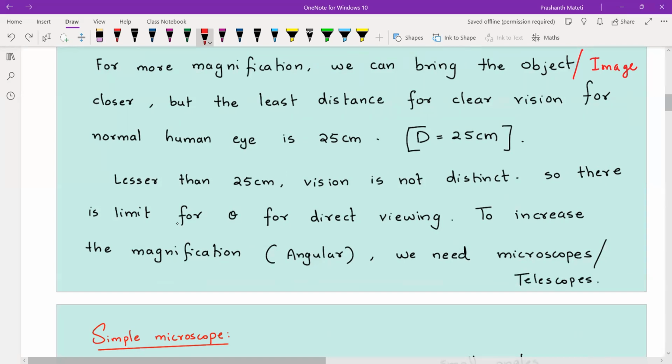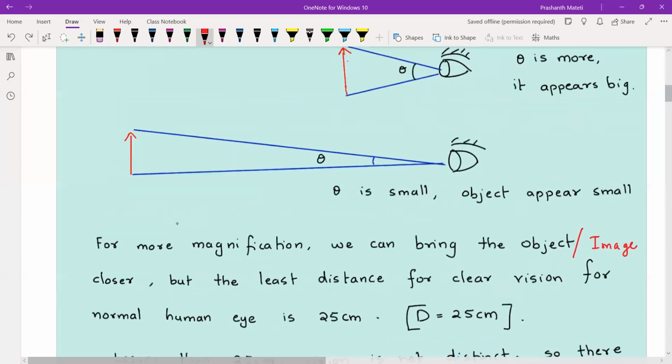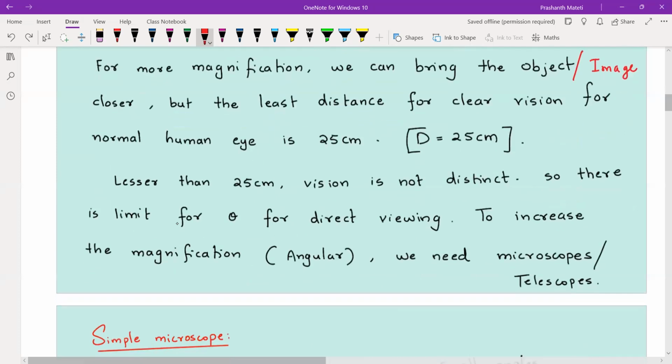That is where the actual clear vision begins. So if the distance has a limit, that means there is a limit for the angle also. For direct viewing, there is a limit for the angle. So to increase this magnification, that is, if you want to increase this angle, we need microscopes or